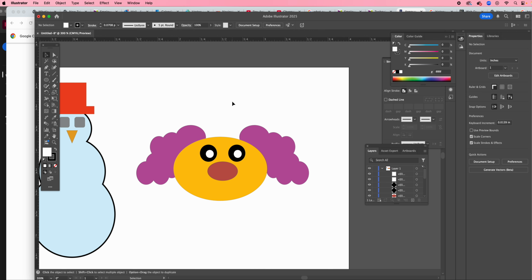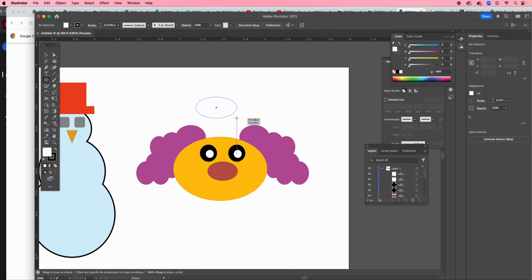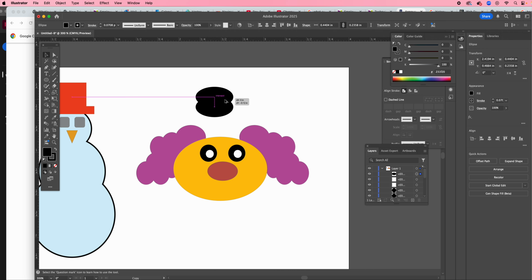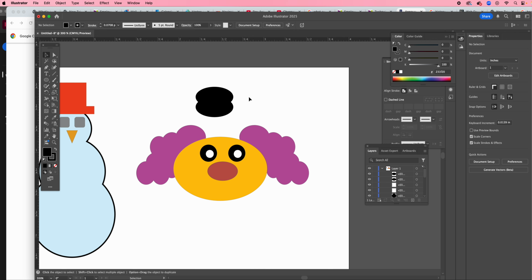Now, I'm going to create 2 ovals for this with the ellipse tool. I'm going to make a wide oval here. I'm going to fill it in black on the colors panel, and with the selection tool, create a copy of it, holding down Option. I'm going to drag it up so that it's just overlapping the other oval. Now with the Shape Builder tool, we are going to get rid of elements of our object